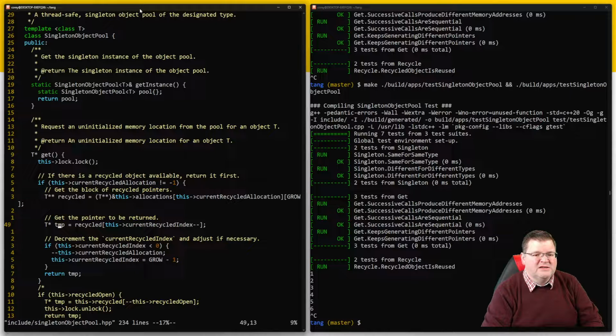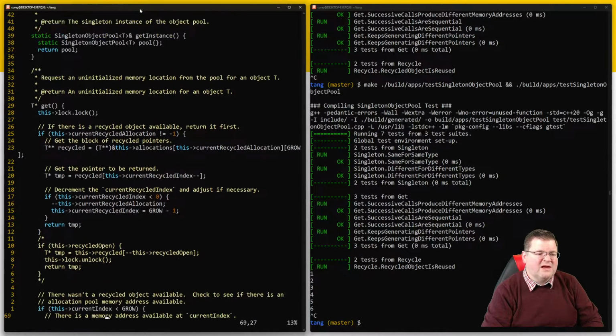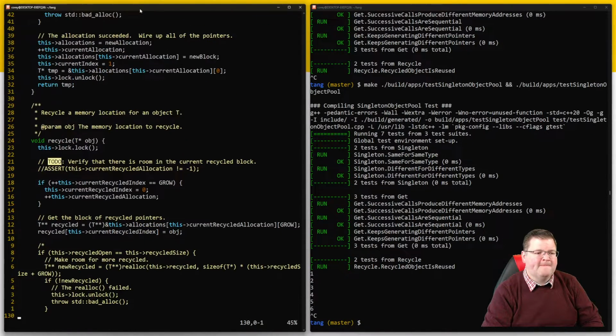And we get the temp, which is the current recycled index, minus minus. Is that right? Current recycled index. So the first time we recycle is